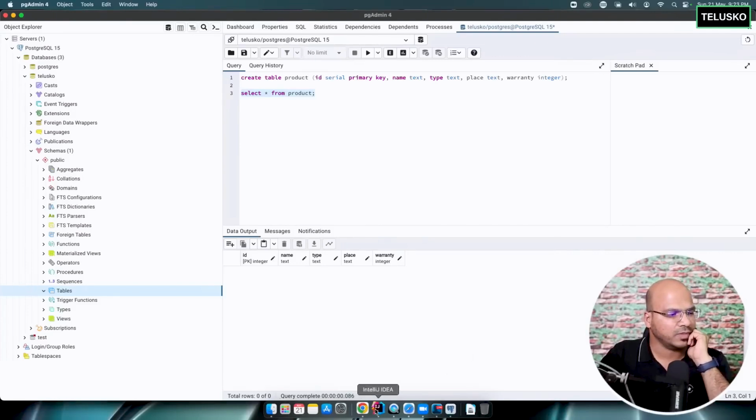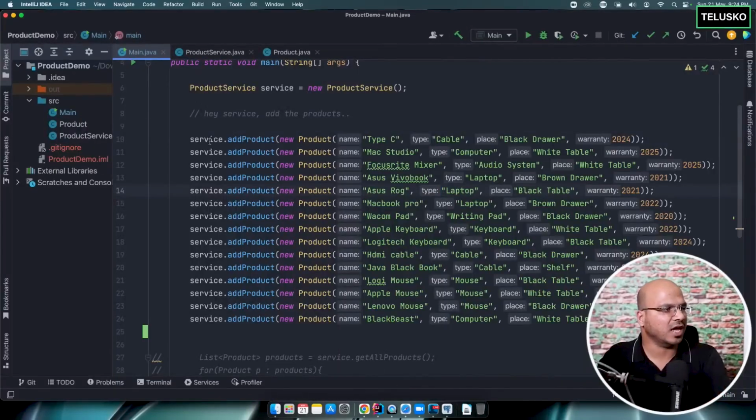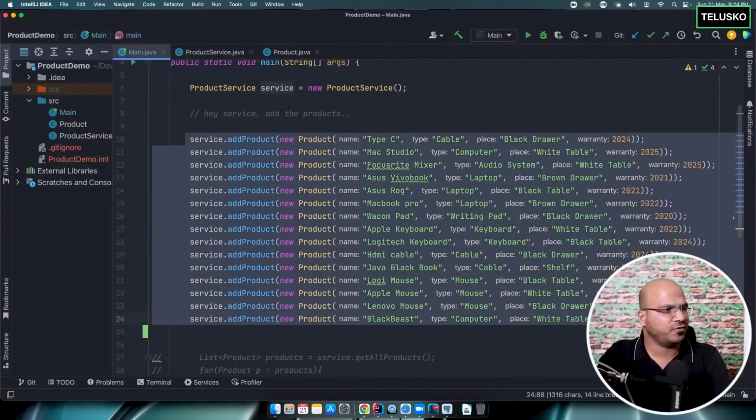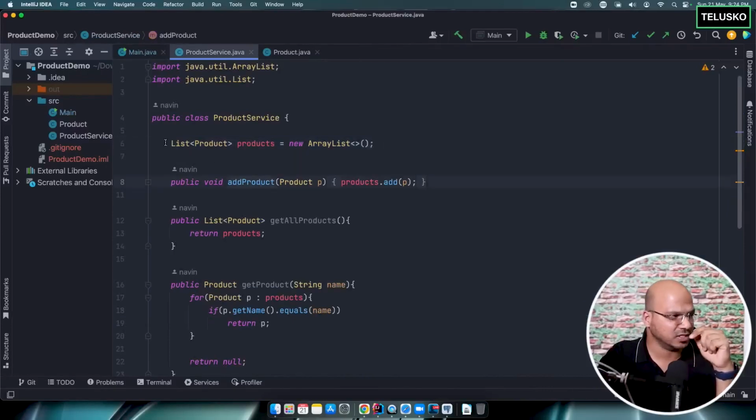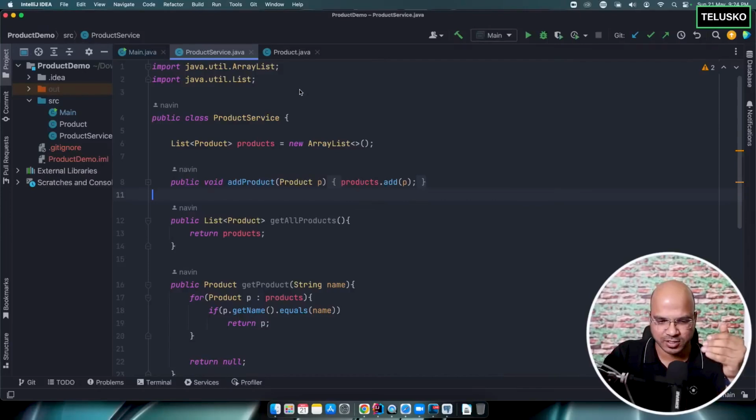But then I want to do that from the Java code now. So if you can see, I'm adding a product here. We are adding all the products, and then in the service, we are adding in the list. But what we are going to do is, we will not be doing the changes in this particular file. The problem is, when you are working with the database connections, we have to